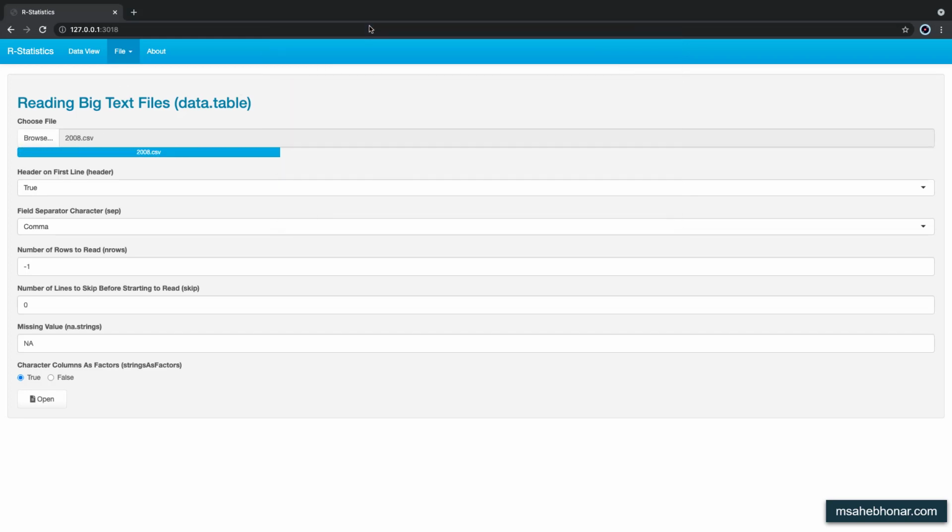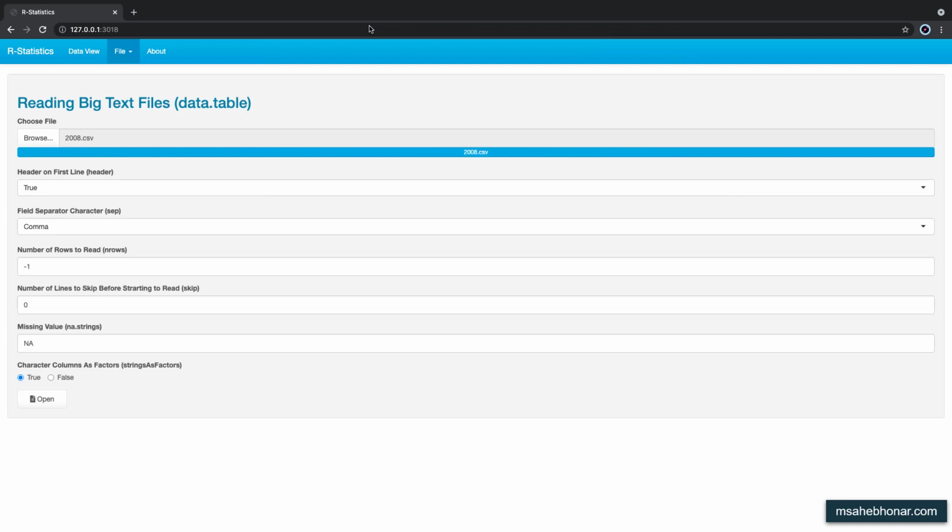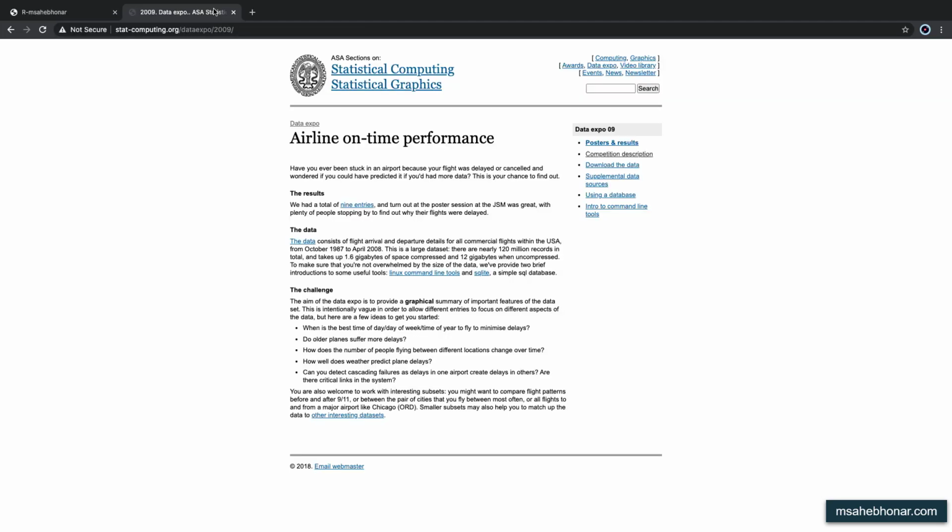The data consists of flight arrival and departure details for all commercial flights within the USA in 2008. For more information, please visit stat-computing.org/dataexpo/2009.